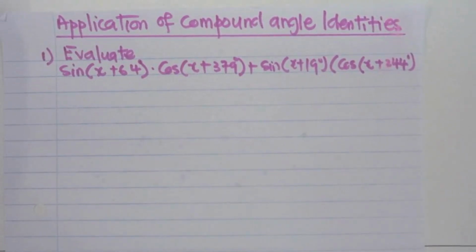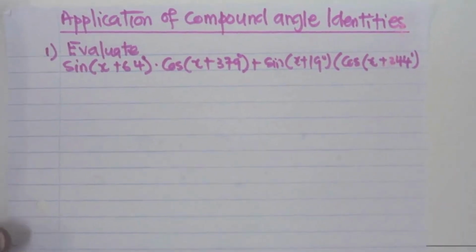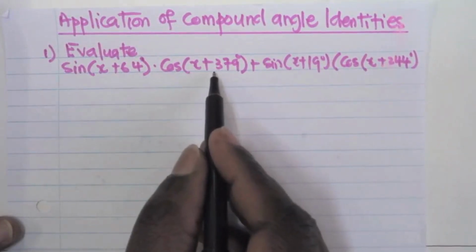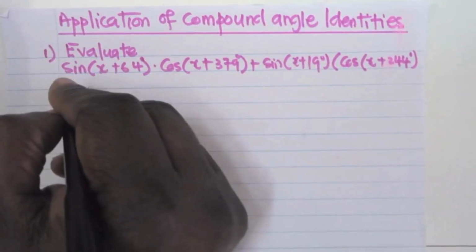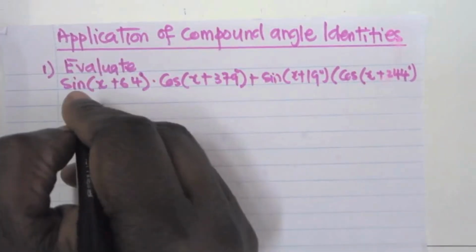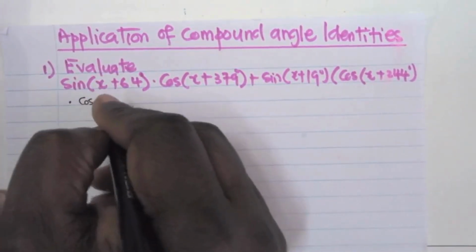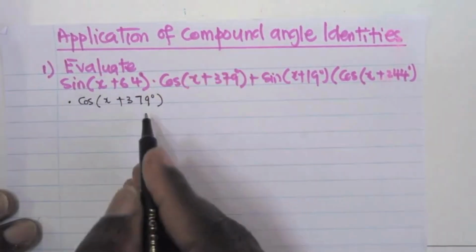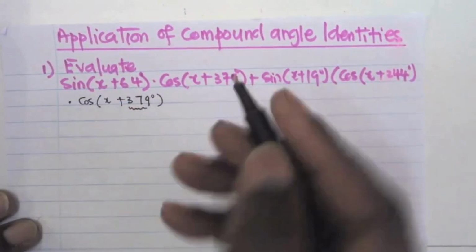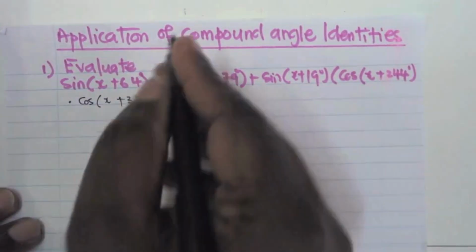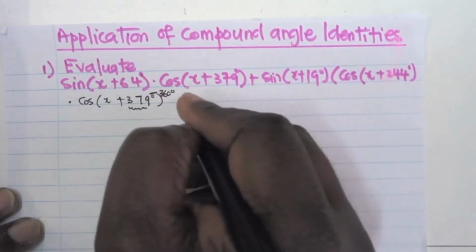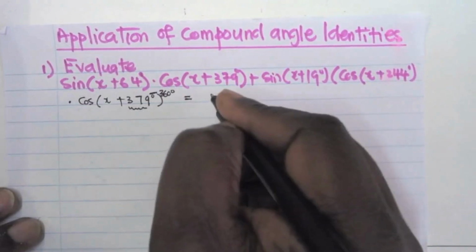In today's lesson, we're going to look at the application of compound angle identities. If I look at the first part here, this one is reduced, but I must do some reduction here. So I'm going to write here cos(x + 379 degrees). Because I have an angle here which is greater than 360 degrees, I must subtract 360 degrees here. And if I do that, I'm going to get